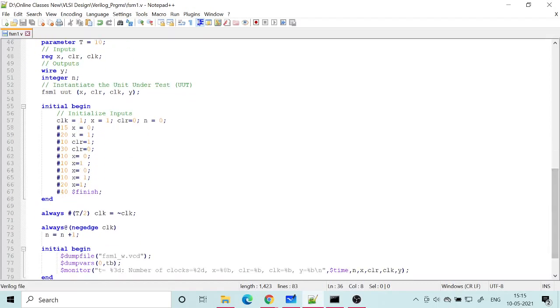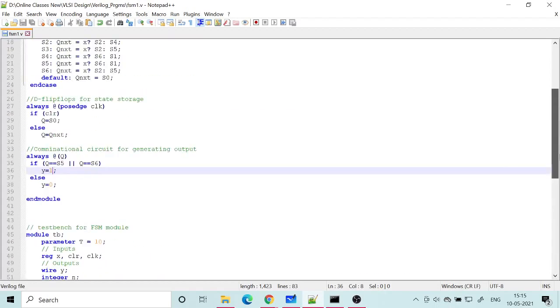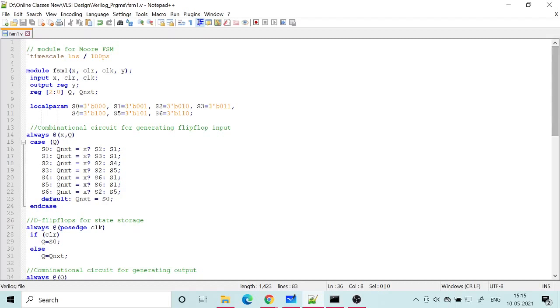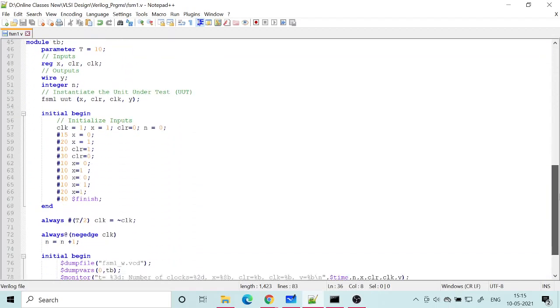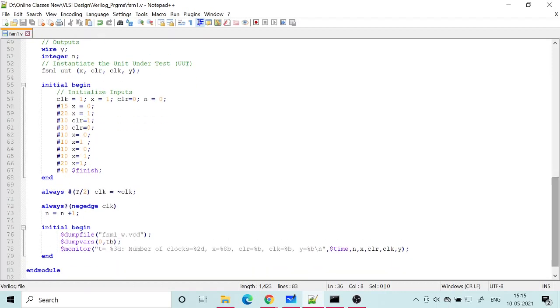So we created a module and then mapped it. I'm using the same variables, so mapping is very easy, you just keep them in the same order. The order in which I have defined the module is X, clear, clock and Y. So the same order I keep here also, in the test bench, the instantiated module is kept in the order X, clear, clock and Y. And then I generate a sequence. All three inputs are there, clock, X, clear, and this is just for counting the number of cycles, so that's not important.